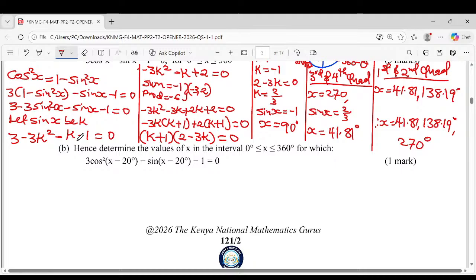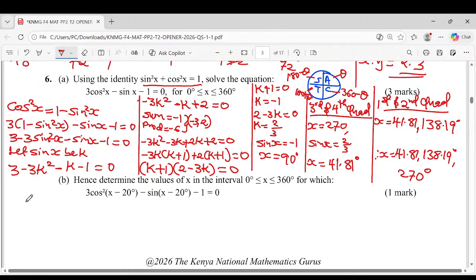Part B says, hence, determine the value of x for which 3 cos squared (x minus 20) minus sine (x minus 20) minus 1 is equivalent to 0. When you look at that particular case, what are we going to do here? What are we going to do in this particular case? We are going to say